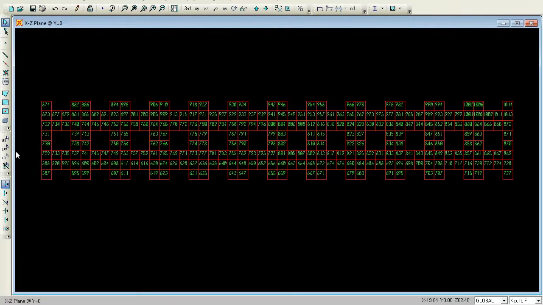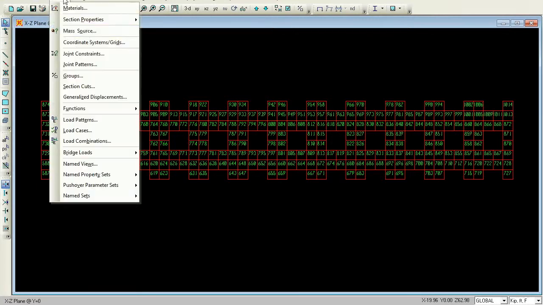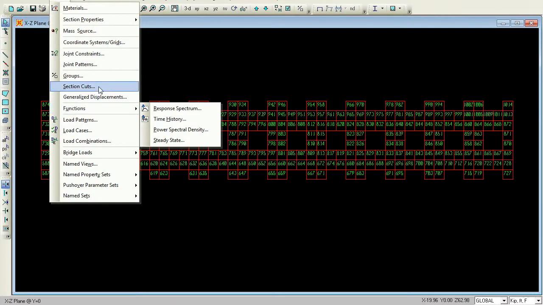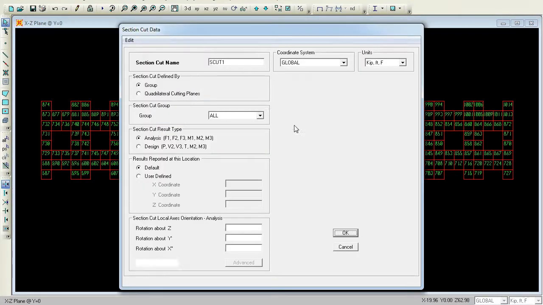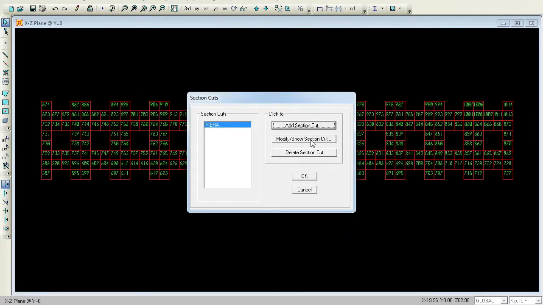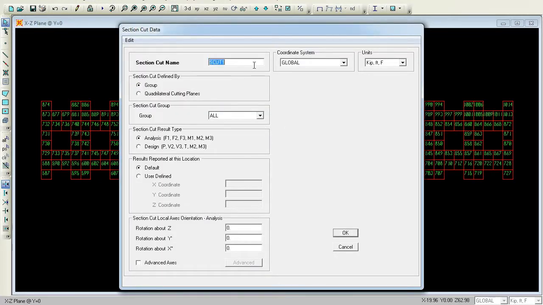Now we can go to the define menu, define section cuts. We have the section cuts over here. Add a section cut. In this we have pier A, and here you can go for the group as pier A. So just press OK. Again go to add section cut. You can go for sixth member over here.